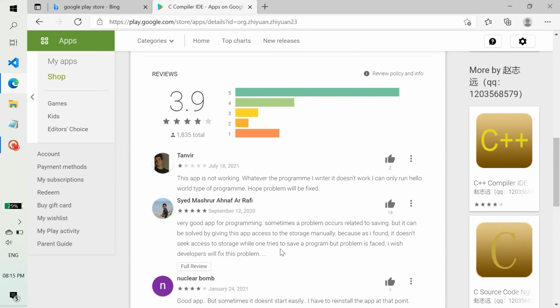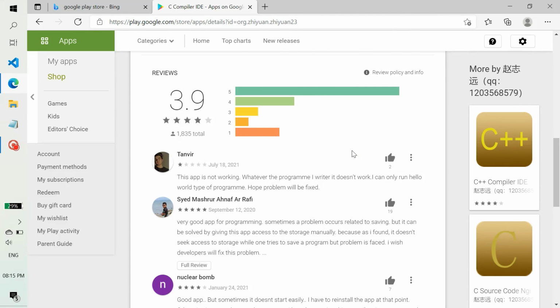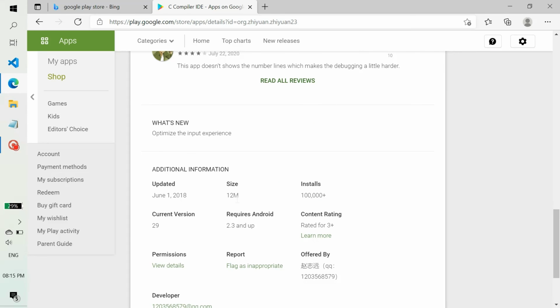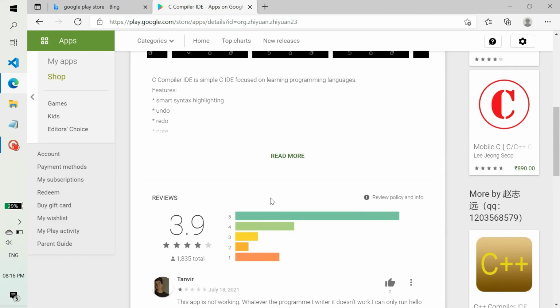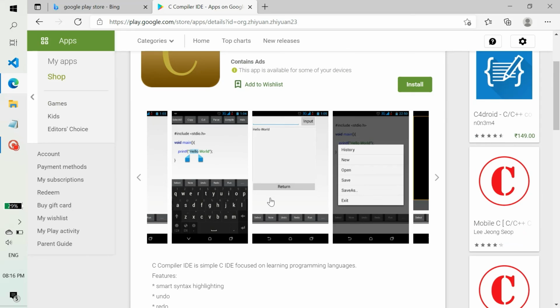I have read them, and the rating is also good, 3.9 is good, and the size is about 12 MB, and requirements are too low. So if you have a mobile that is 7 or 8 years old, even then you can run this app on that. All necessary features are present in this app.